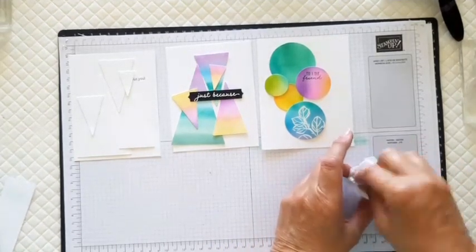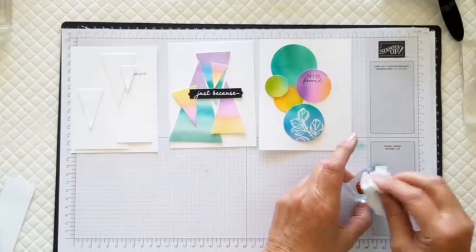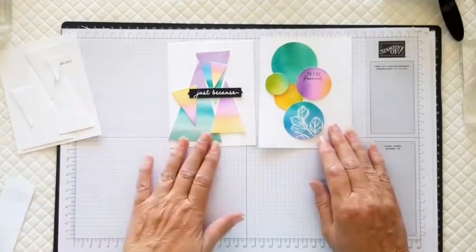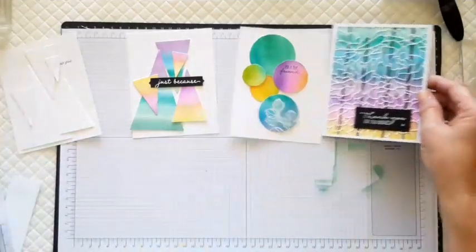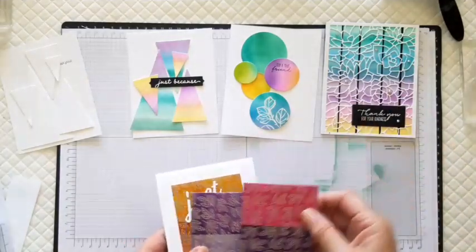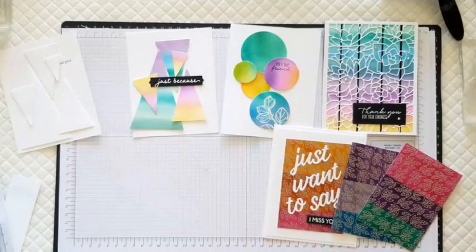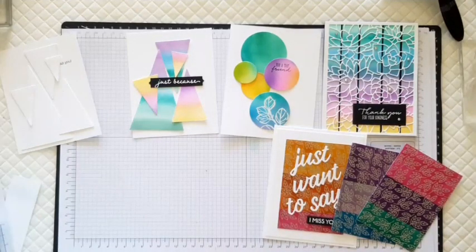Alright, that's all of them that I wanted to show you today. Alright, so what did we have? What was the final result? We had those two. We had that one, we're just using the stripes, which we ended up using for the triangles. That was using some designer series paper. And what else did I do? Oh, yep, and the first one,